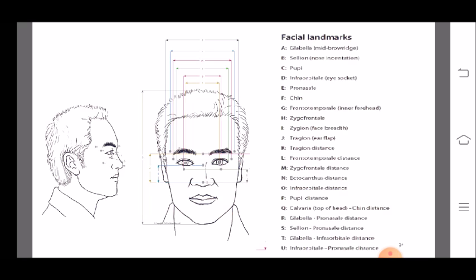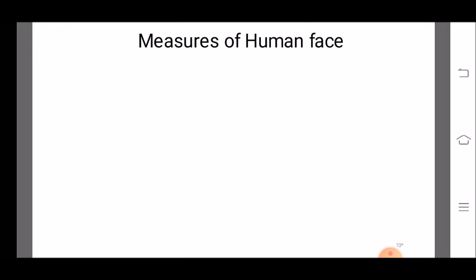So we have to work on the dimensions of the human face while developing the face mask, nose mask or respirator. For that, we have to measure the human face. If it is personalized equipment,